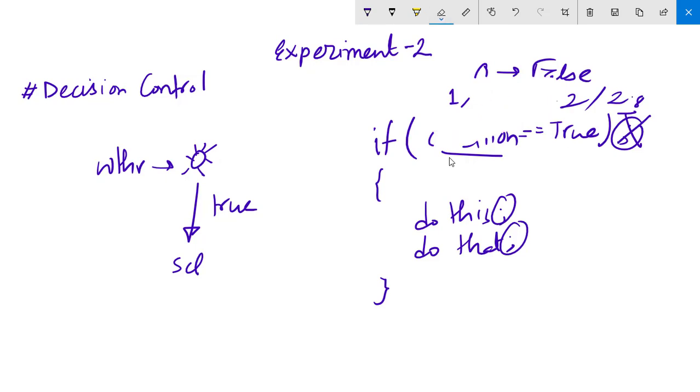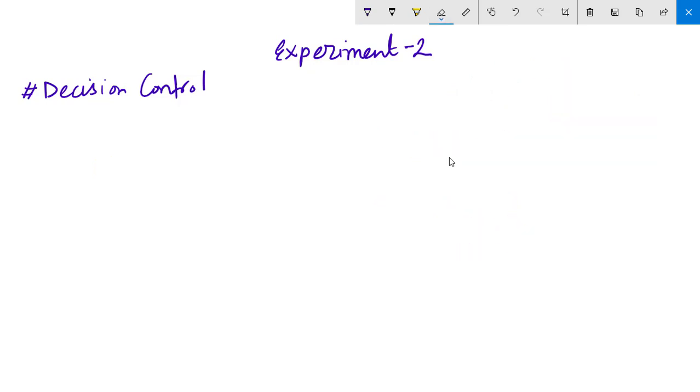There may be some other cases. If the weather is sunny, I will go to school. If the weather is not sunny, I will stay in my bed. So what will we do in this case? The first step is similar.